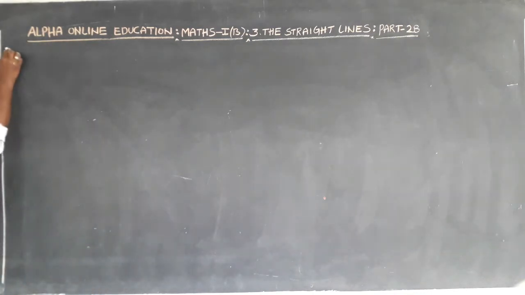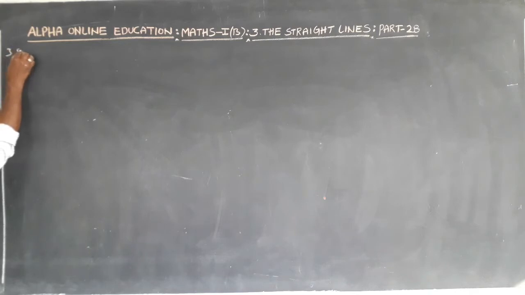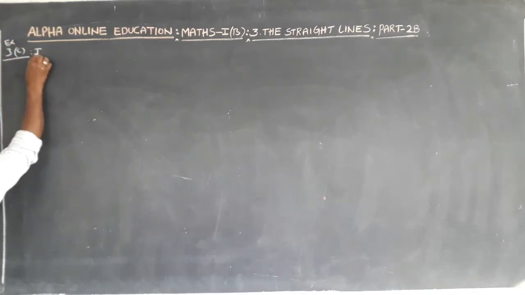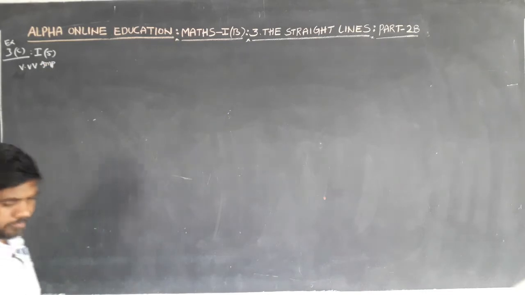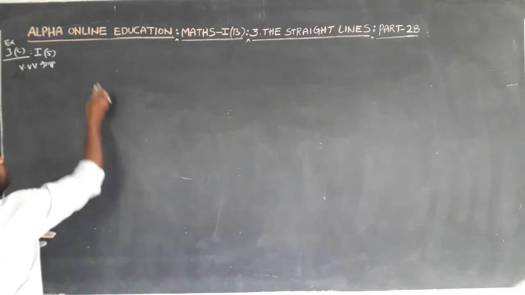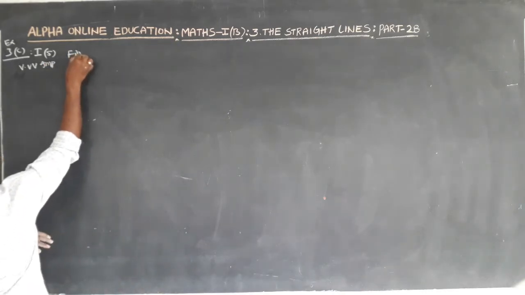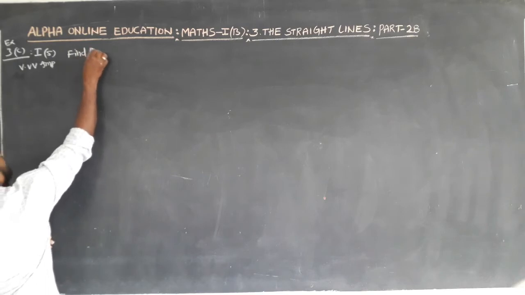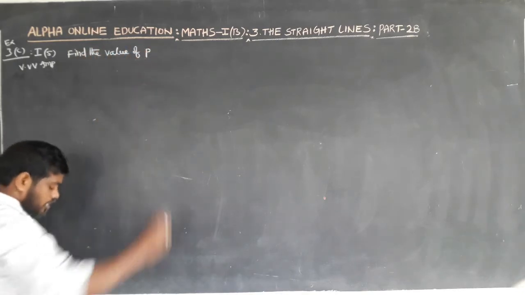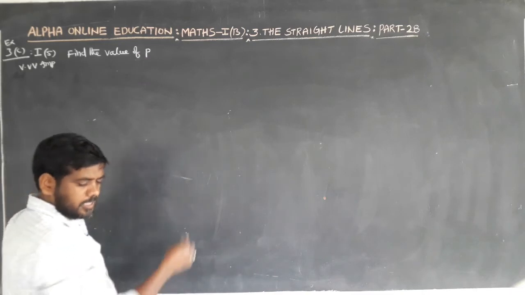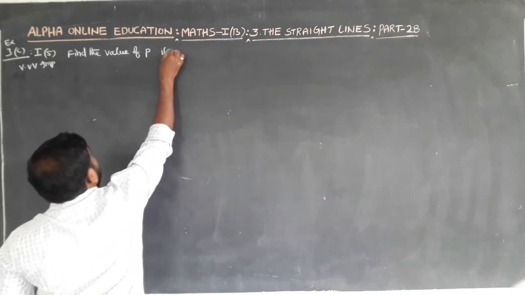Exercise 3C, first bit, fifth problem. Very important problem in 2 marks. Find the value of p if the straight lines